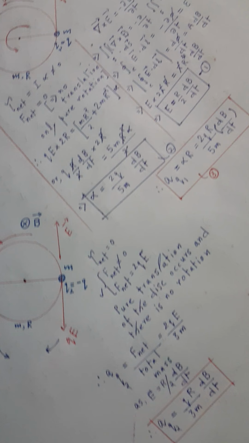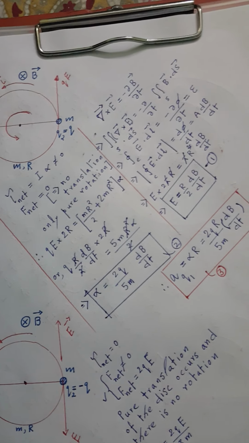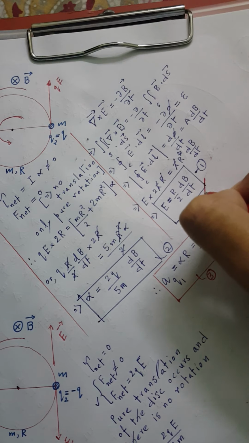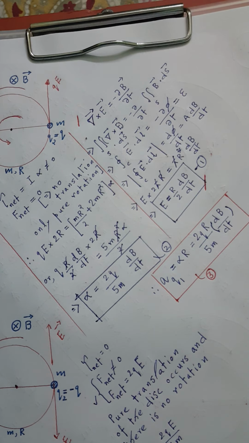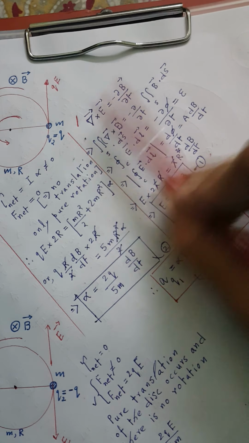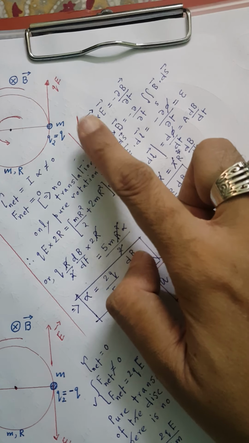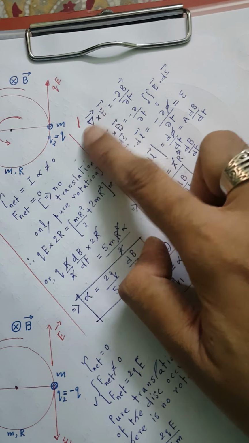Now we have solved the problem basically, but the most beautiful part of this problem is this particular concept up to equation 1. You see, curl of E is minus del B del t. This is a very fundamental equation, the first principle equation of electromagnetic theory. There are 4 equations, one of which is this. This is Faraday's equation in the differential form.